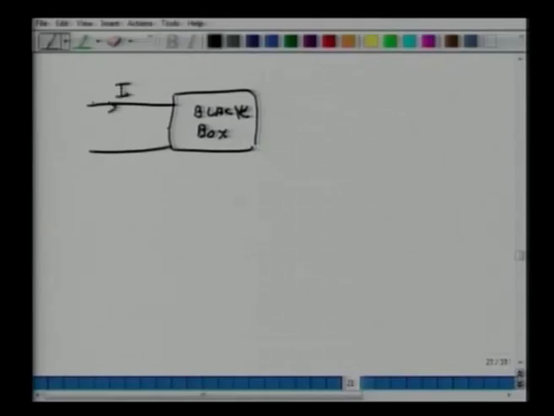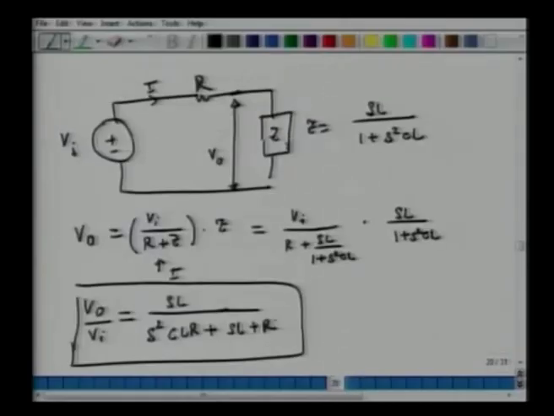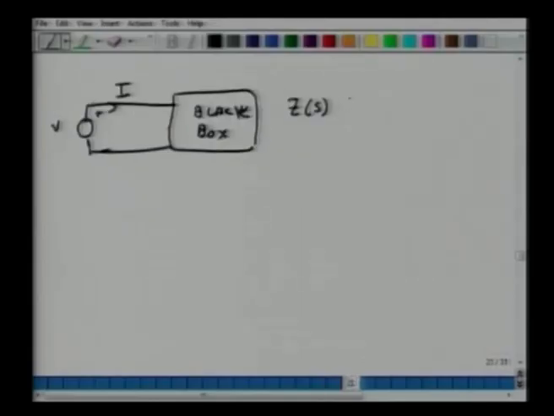The complex current is, let's say, I, and the complex voltage is V. And let's say that the transfer function, which is a function of S, the complex frequency, is S square plus 2S plus 2 over S square plus S plus 1. It depends on frequency. And the question is that if my current signal